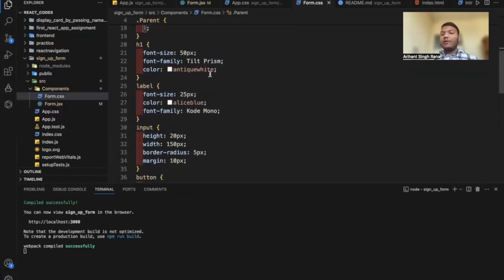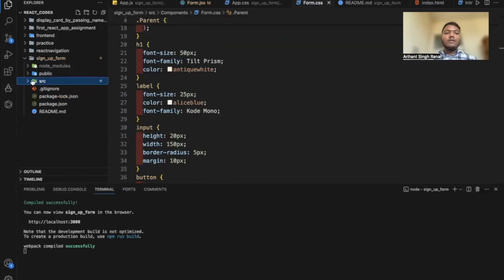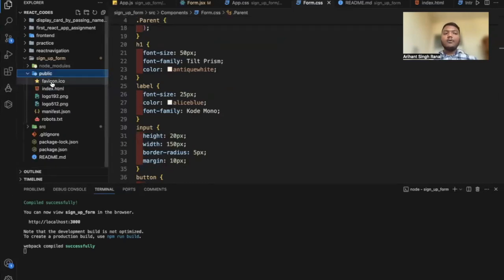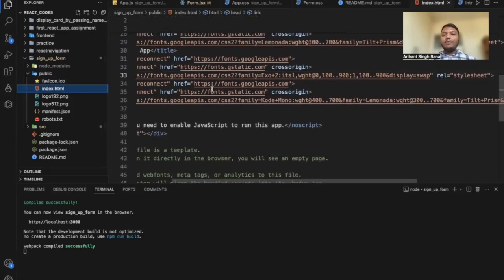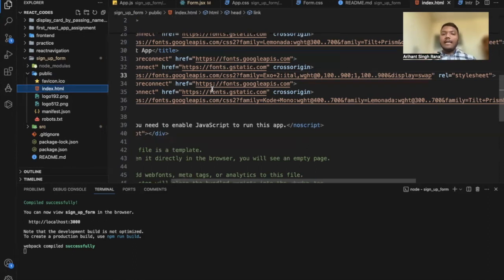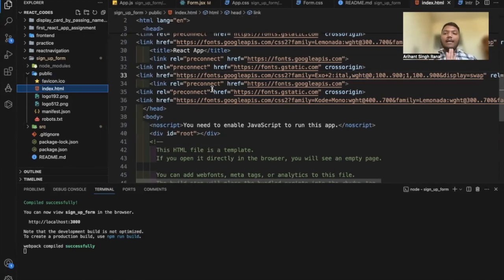I used Google Fonts over here. Now to use Google Fonts, first you need to go to their website, Google Fonts, and choose whatever font you want. Then after going to Google Fonts, you click on the get this font icon, and when we go to that, it shows you a link tag that we have to write in our index.html. So as you can see, this is the link tag that I am talking about, and it is to be